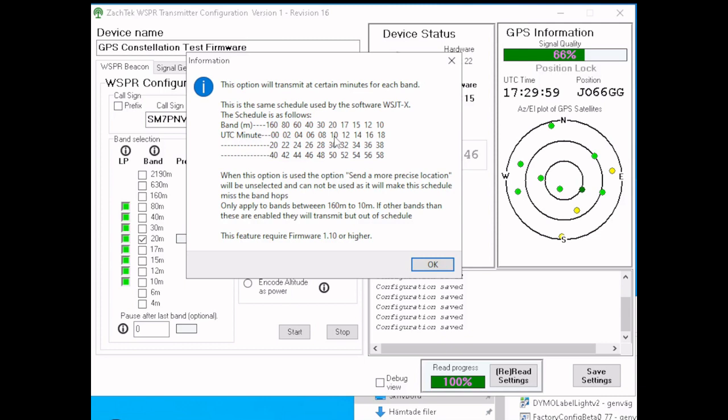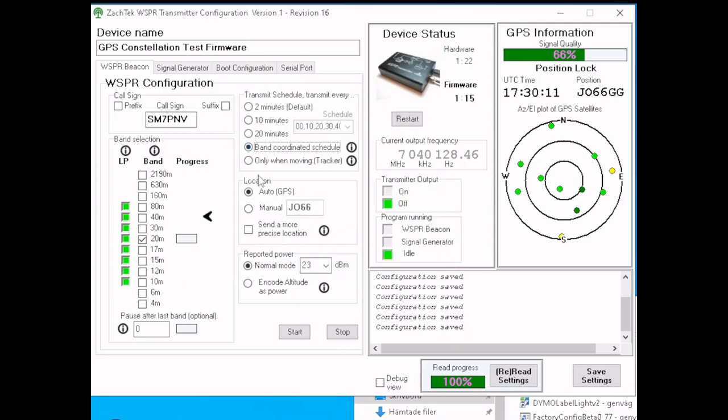And if we receive more than one band, we have more than one receiver. So it's the same with the transmitters. They don't really follow this around. One notable exception, people that still use this band coordinated schedule, are the ones that belong to the International Beacon Project. They use this schedule. So all of their transmitters are coordinated by the GPS time so that they transmit on the same band at